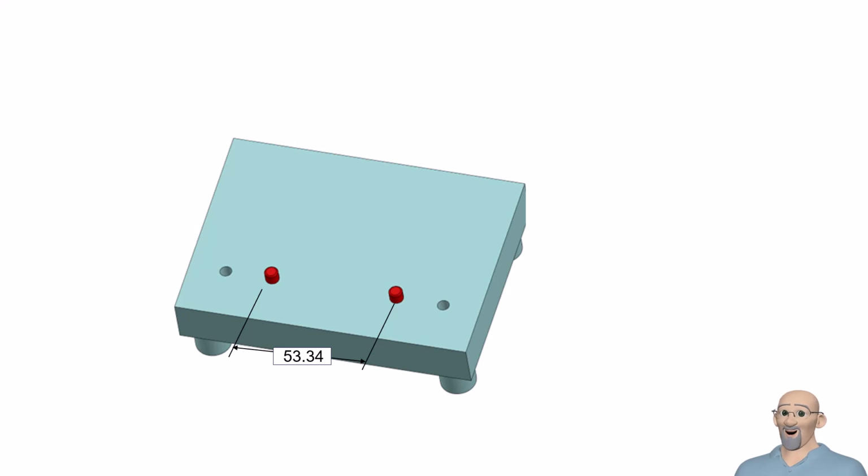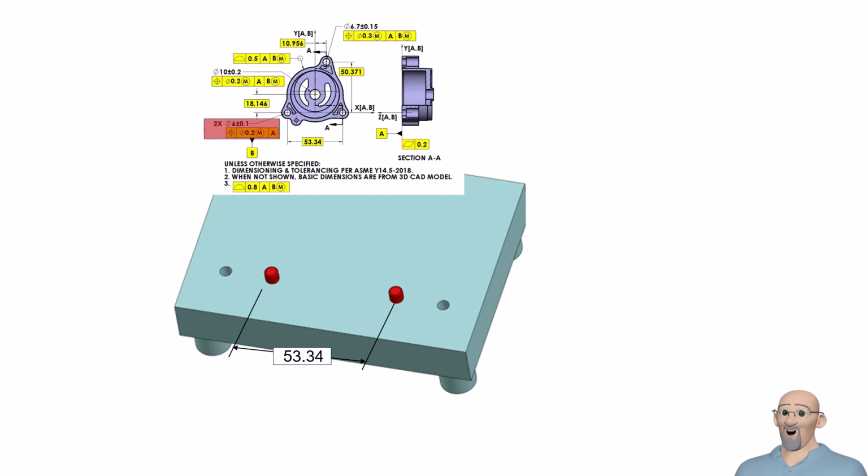Remember that the MMB modifier that follows each datum feature B reference is an instruction that tells us how to construct the datum feature B simulator. Because of the MMB modifier, we know the datum feature simulator for B will be 2 cylindrical pins perpendicular to datum A within tooling tolerance and fixed at the MMB size for datum feature B. The MMB for the 2 datum feature B holes is diameter 6 minus 0.1 minus 0.2, which equals diameter 5.7